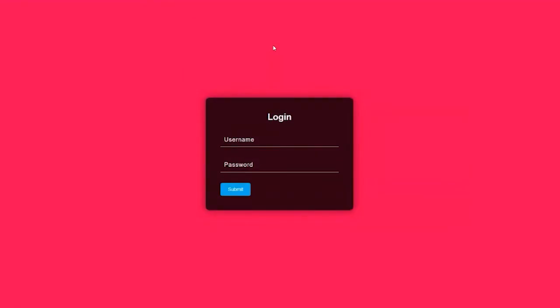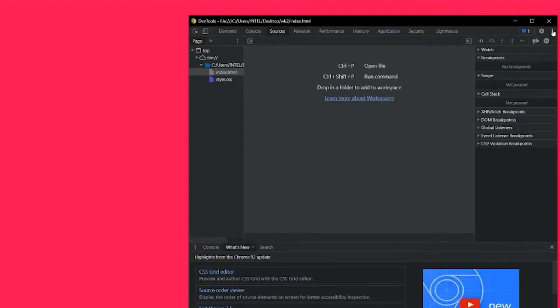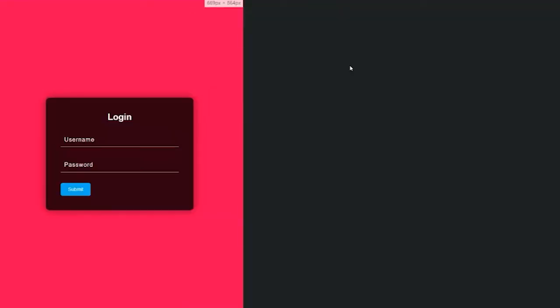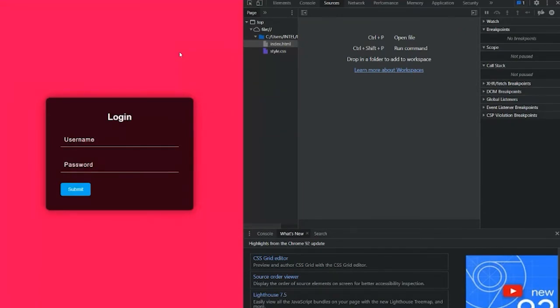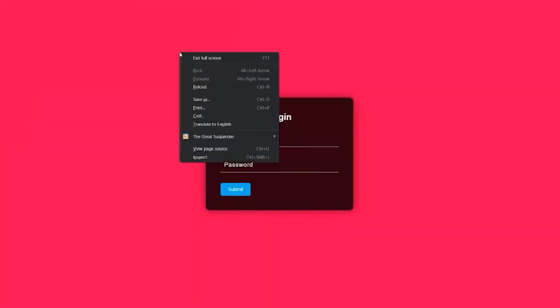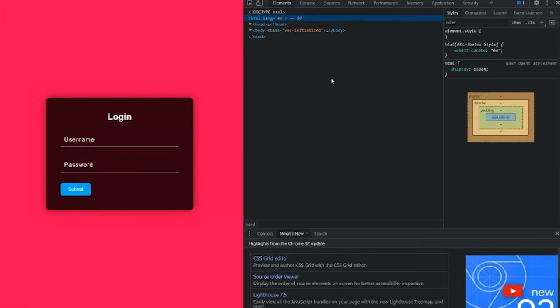Okay, so first what you have to do is press Ctrl Shift I, or in some cases Command Shift I on MacBook or similar, like in Linux and MacBook, or just right click, inspect. Okay, so this window will open. Most of you should know this by now, but just for the record.